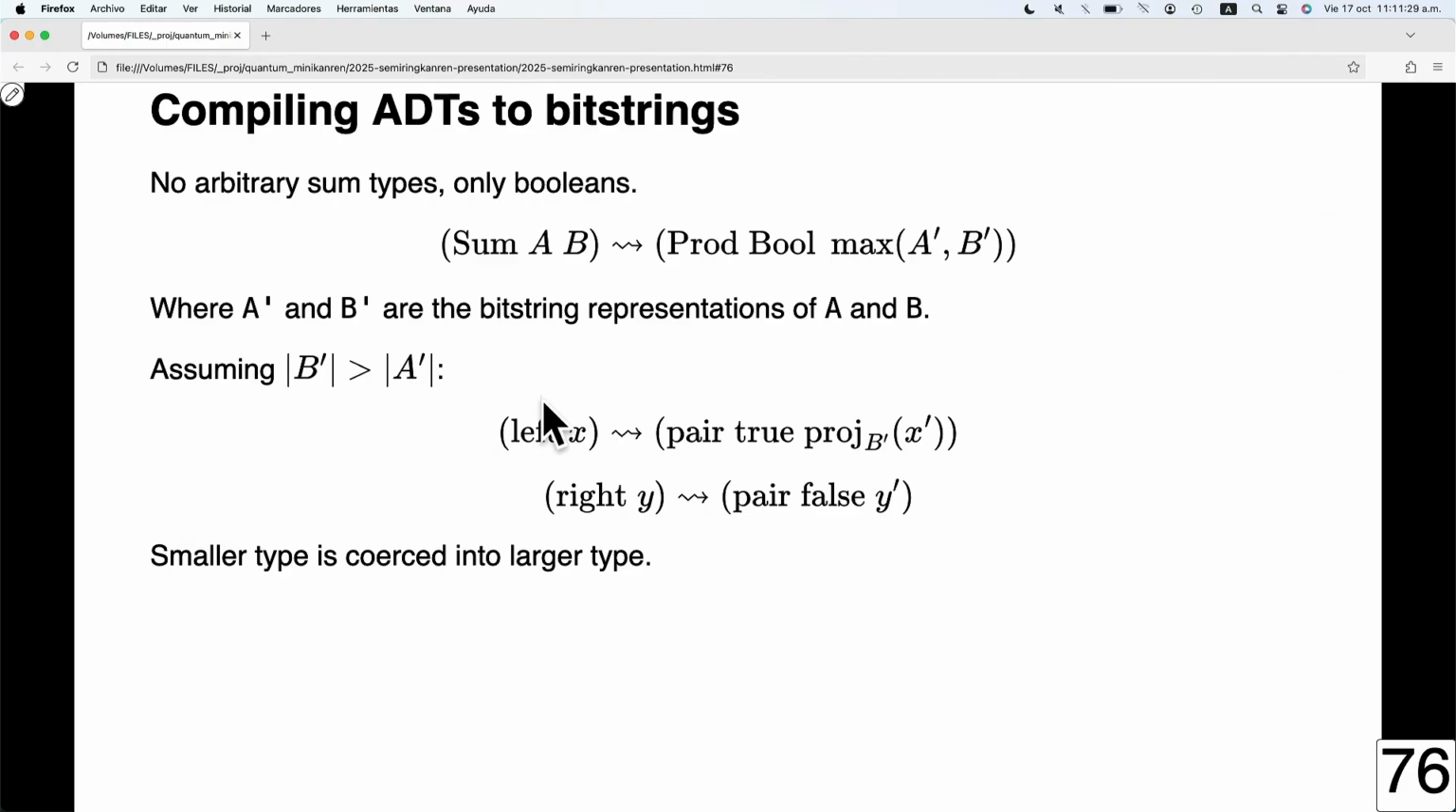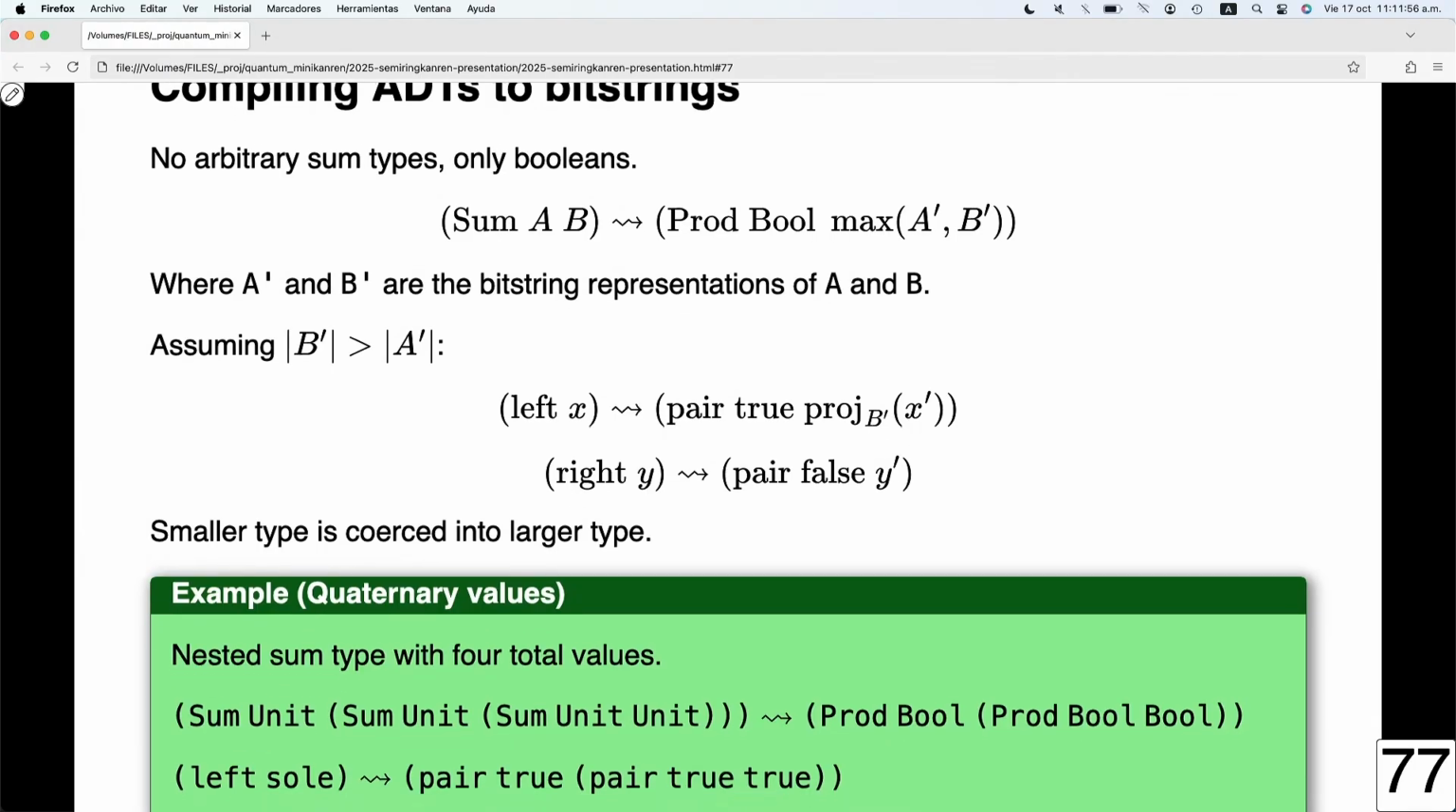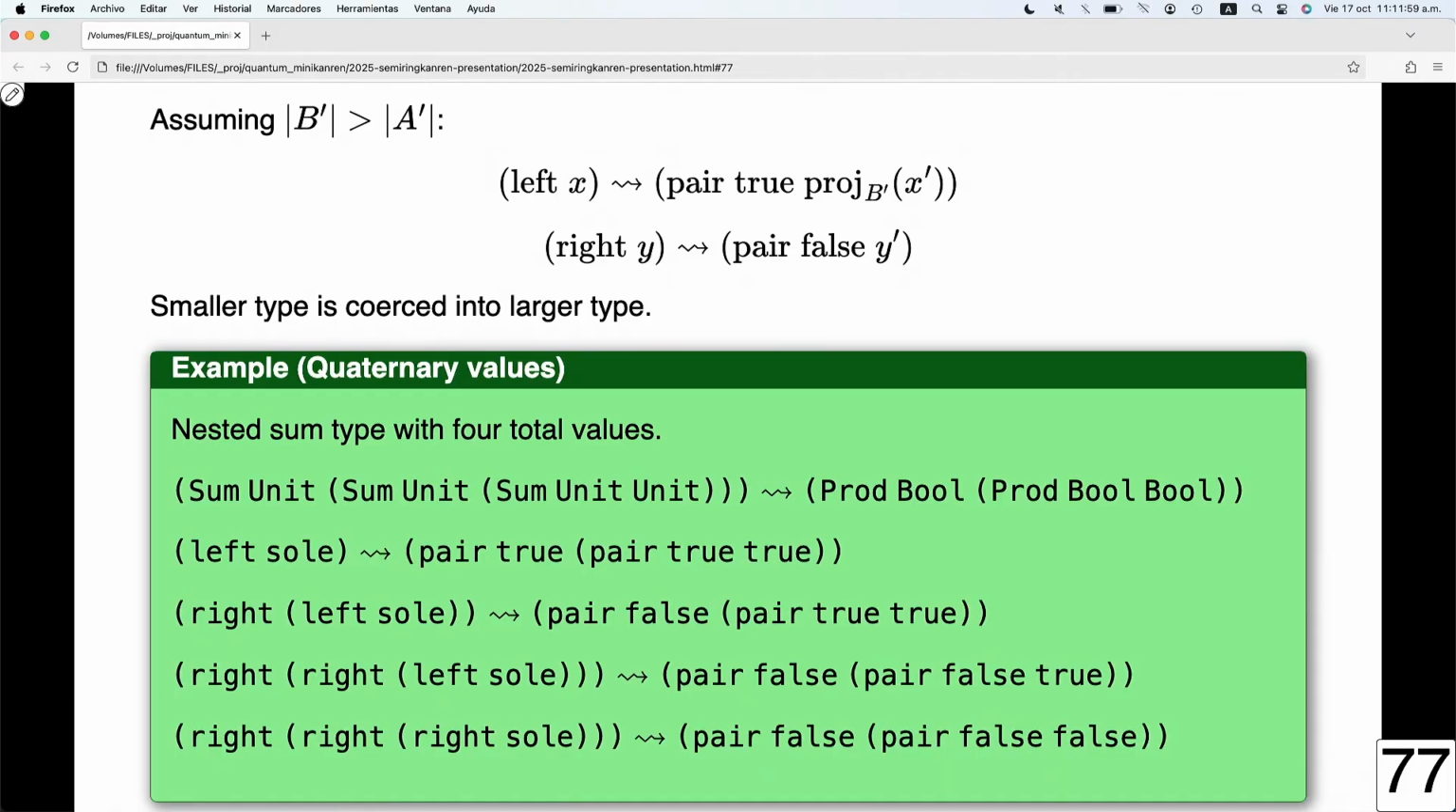So assuming that the type for B or the type for Y is bigger here, we compile left to a pair of true and the internal part projected into the larger type, and right is just a pair of false with its information packaged up. So the smaller contained type of the sum type needs to get coerced into the larger type. So for example, let's consider a nested sum type with 4 total values, so it's just a sum of 4 units, and this gets compiled to a product of 3 Booleans. So working from the bottom up,